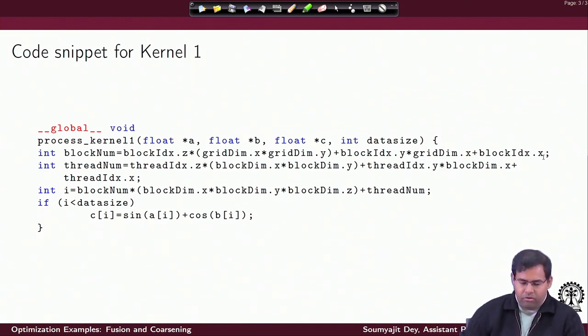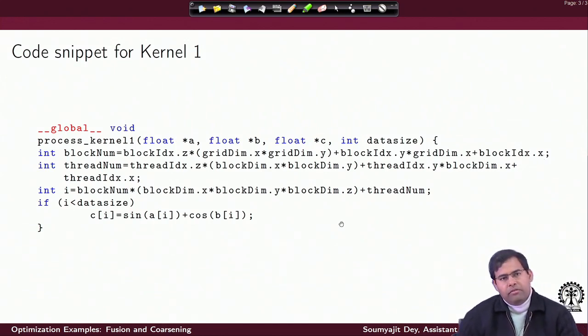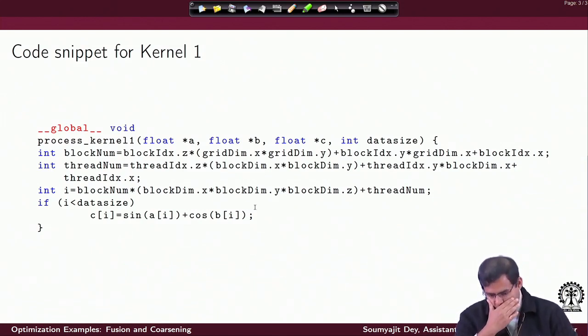So, in effect, all you are doing is considering, per thread, what is the corresponding block, right. If I just linearize the total set of blocks, then what is the block in which it belongs, and then I am finding out what is the thread number for it inside the corresponding block. If you execute this kind of a statement, you figure out the global ID of the thread, essentially the relative position of the thread across the entire input data space.